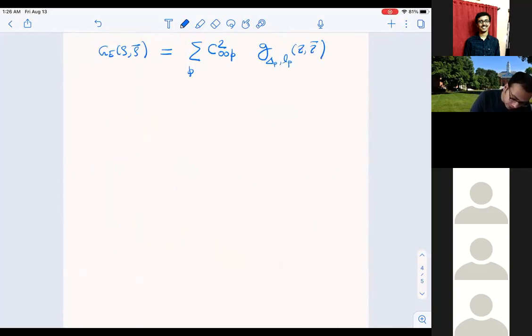So Z bar in this case. So the first thing I can ask, as a function of complex rho and rho bar,